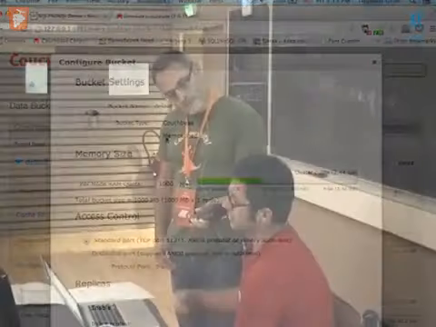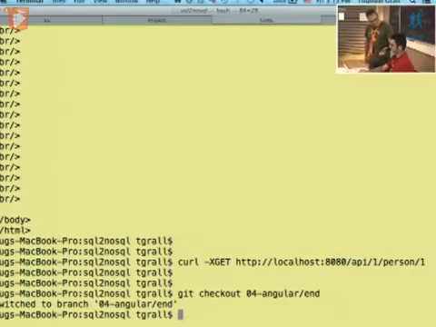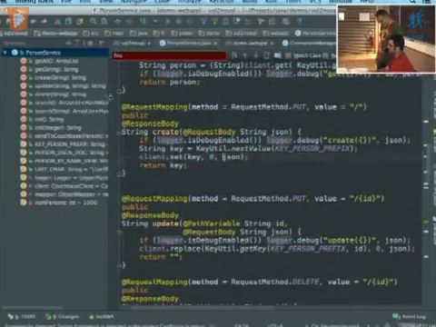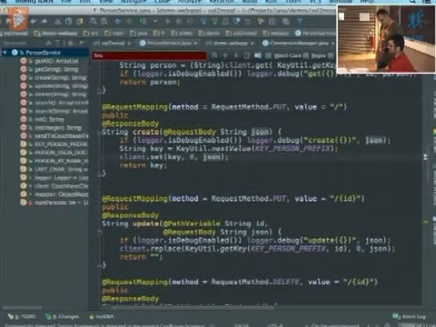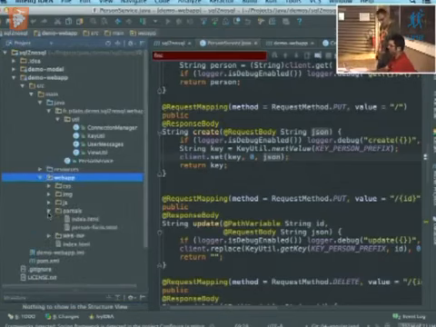Okay, so now can we build the REST, the AngularJS interface? Yes, so let's build the UI. We chose AngularJS because it's a hype framework, so we need to test it. And the good part is that we are now done with the server side. The Java side with the REST API is done. We won't change it. So I just check out the Java code. And if I go in the web app, you are kind of familiar with Angular now.